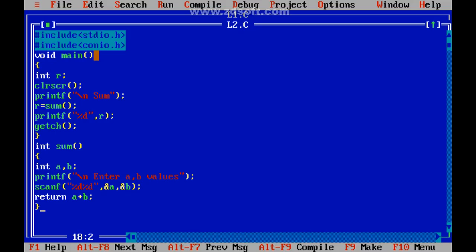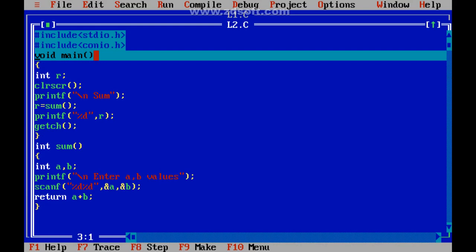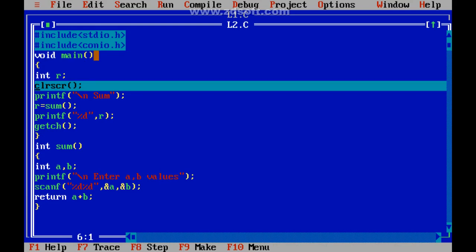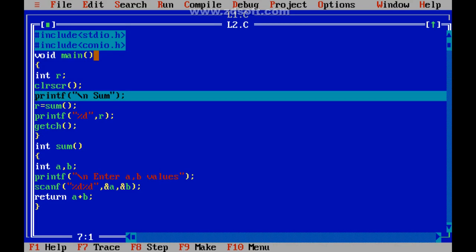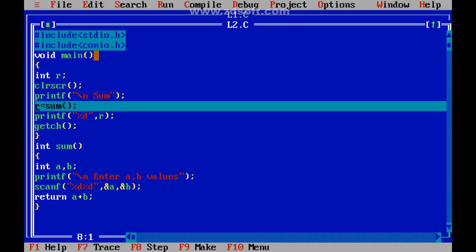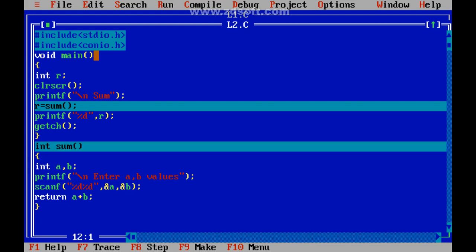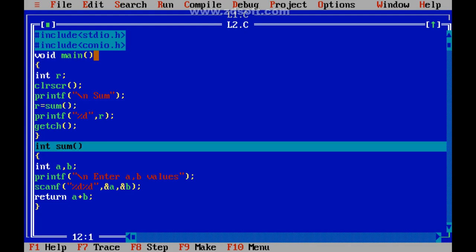So you just see here, I am tracing the function. So it has started from F7. So clear the screen. So what it is doing? First sum is printed. Next it is going with r. So sum is called. So see, after this the execution goes to the called function. So that means we are asking to do some work.